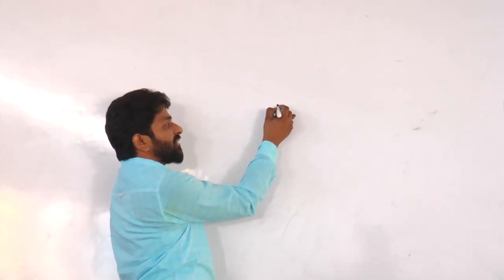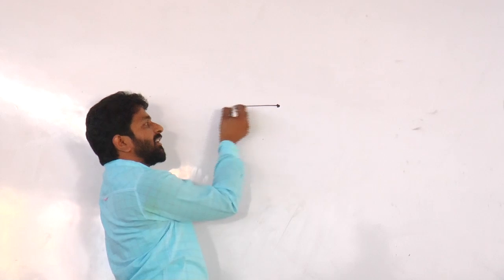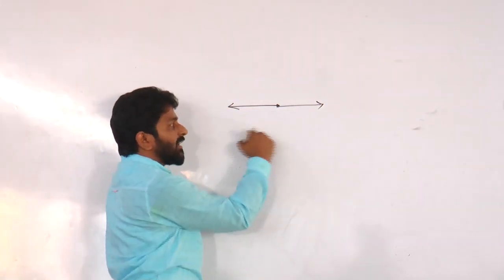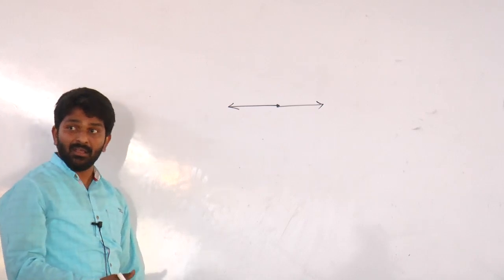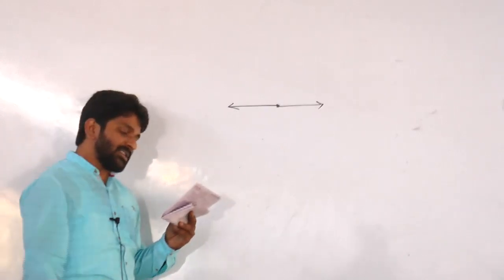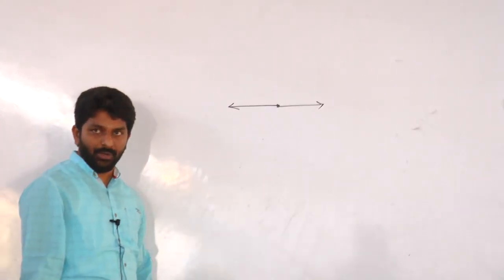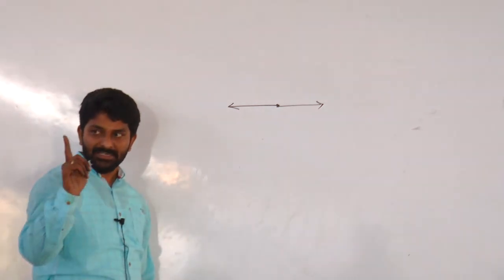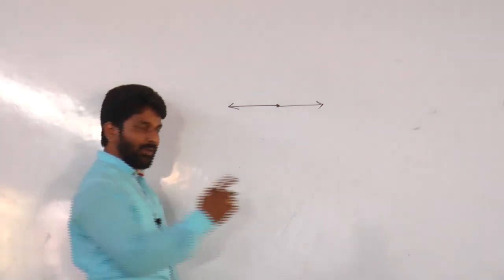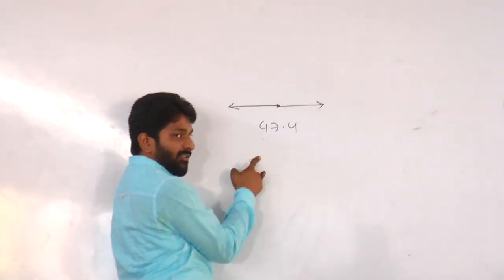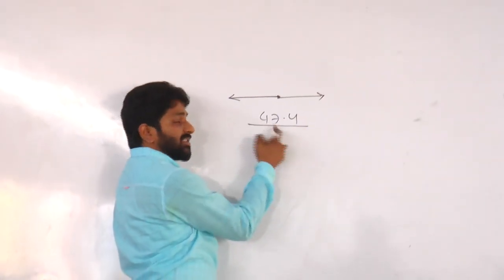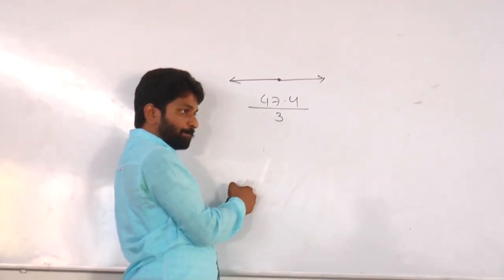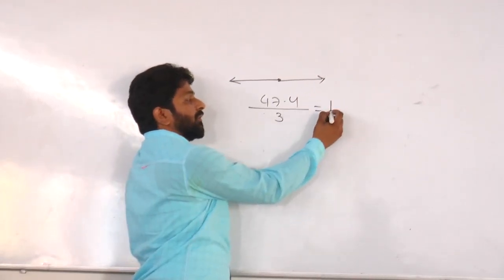In the sense they have started from the same point. Let's say one girl is moving in this way, the other girl moves in this particular way. In that case, relative speed becomes S1 plus S2. In 3 hours, they covered 47.4 kilometers, but you need to represent speed in kilometer per hour. In the sense, I need to calculate it for 1 hour. So, for 3 hours, it is 47.4. For 1 hour, that is going to be 47.4 by 3, which is